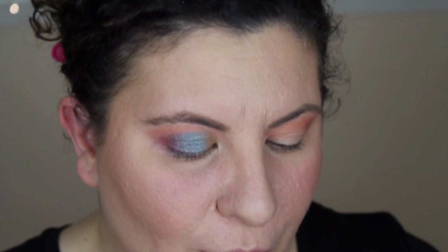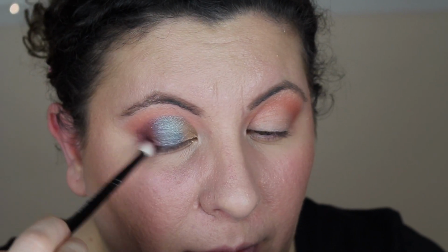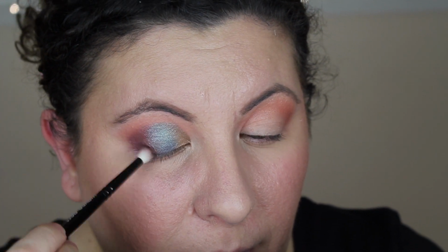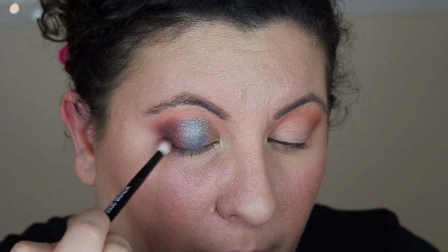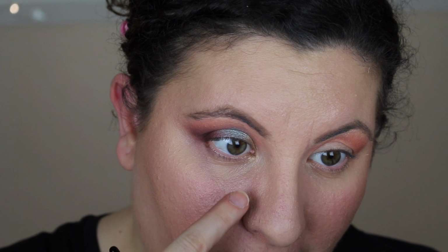And for the outer corner of this eye, I am gonna use Palm. Now Palm is one of the pigments that is in this palette, so definitely use this with caution. Try not to get any into your eye because it's not meant for use in your direct eye area. Now that it's all blended out, I don't know if you guys can see this, but I actually have quite a bit of fallout underneath my eye area here. So I'm quickly going to clean that up off camera and I'm gonna come back and complete the other eye